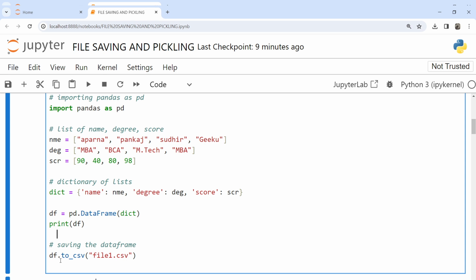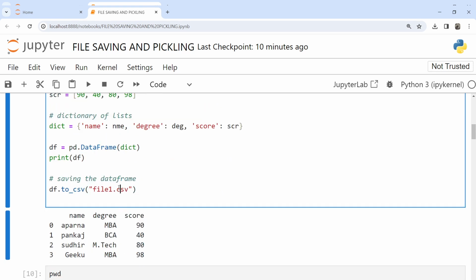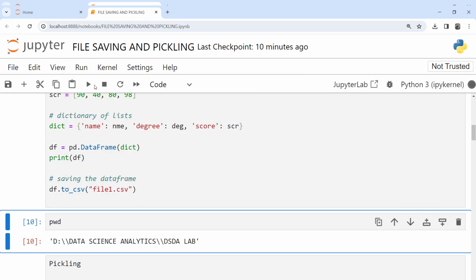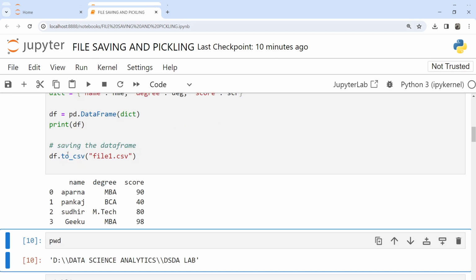So to do that, I use my command df.to_csv, and the name of your CSV file. So all this information is now stored in a file called file1.csv with the corresponding header information as name, degree and score. Now let us give it a try. Let me run this particular command. Run selected cell, and now my data frame, which comprises 4 rows and 3 columns, is saved into a location called